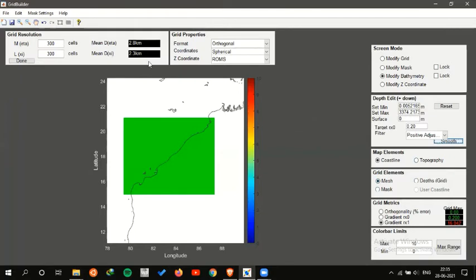Yeah, now it looks good. And you can play with other parameters as well. Now it will apply the smoothing. So first I'll apply smoothing in the 8th order as well. After it's done the smoothing, I'll again switch to, say, positive adjustment. You can use negative adjustment as well, and that would be dependent on your needs.